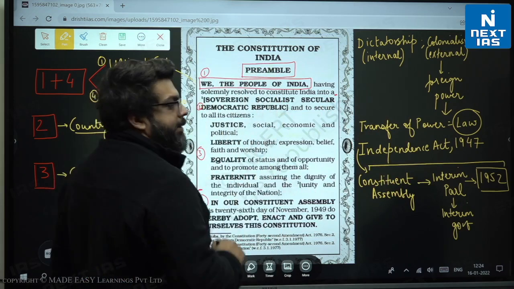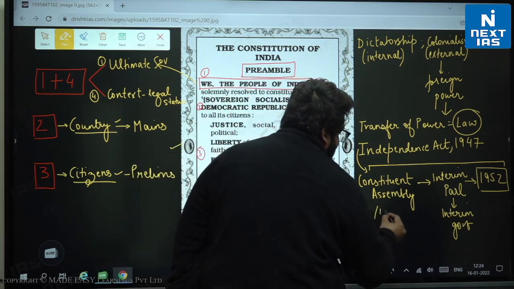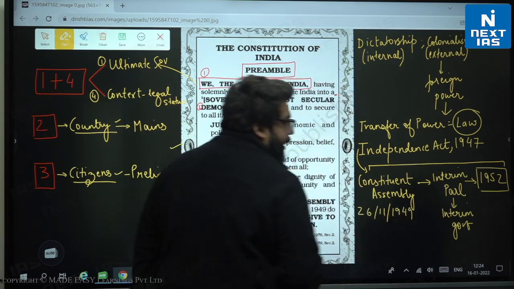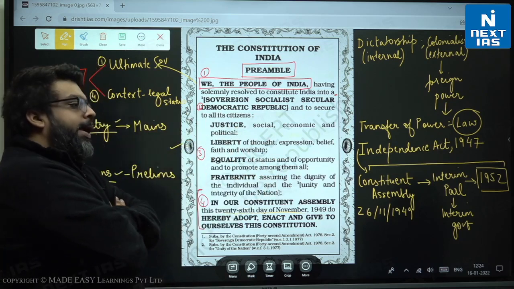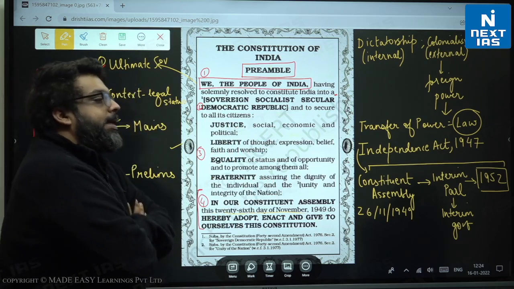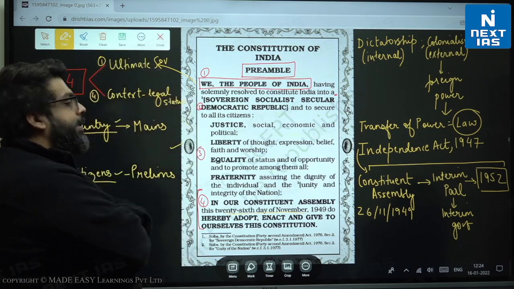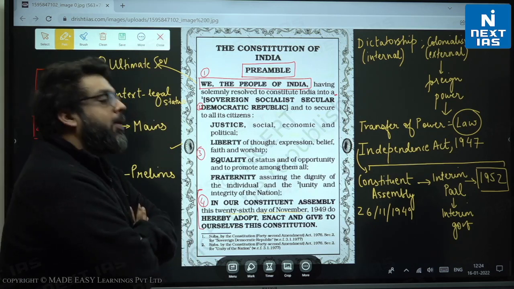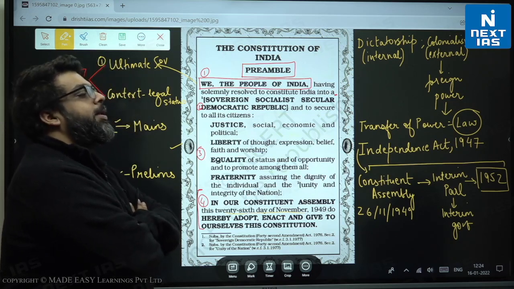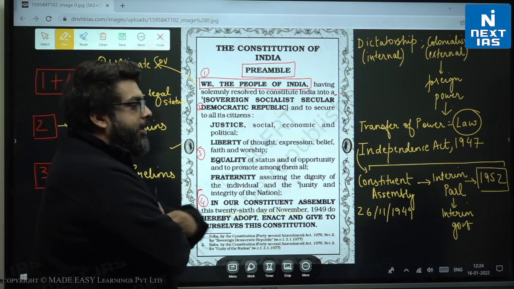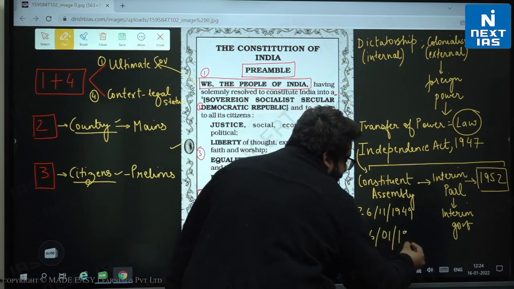And what basically happened was that on 26th November 1949, the entire text, the final draft of the Constitution, was ready. Okay, it was ready. But it does not mean that it has to necessarily be enforced from the 26th of November 1949. We wanted a more symbolic, a more prestigious date, and we wanted to ready the country to accept the new constitution. So it was thought that the constitution will fully come into force on 26th January 1950, and